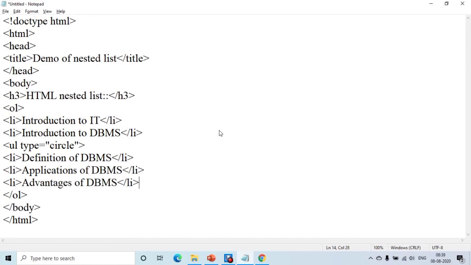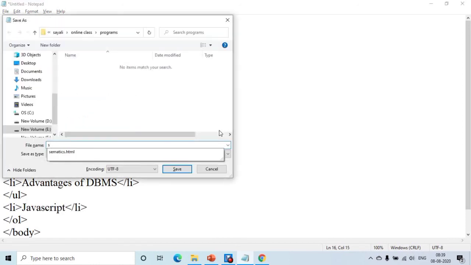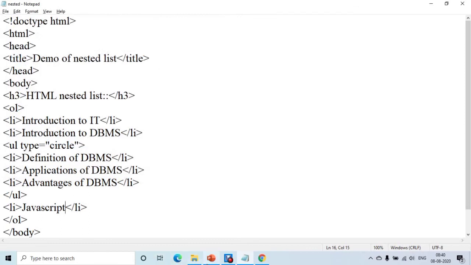Now let us close this UL tag, that is here the unordered list ends. Now suppose we add another list item in the ordered list using li tag start and end of li tag. Here add any concept, suppose JavaScript. Then save the program as nested.html and try to execute it.